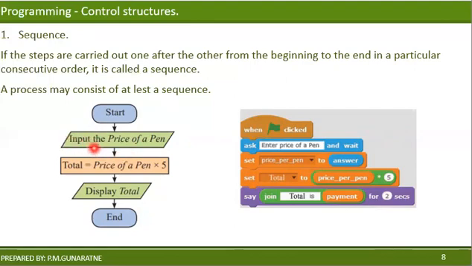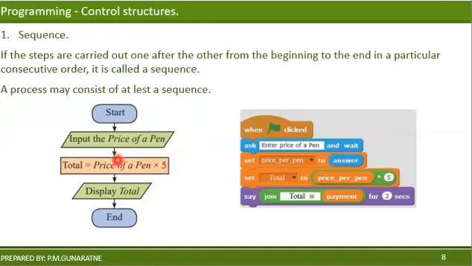So what is going to be input? The price of a pen. So the price of a pen will be input. Let's say it is 20, right? And then the total equals price of a pen times 5. So this will output the price of 5 pens, right? It is fixed at 5 pens. So if we enter the price as 20, then 20 times 5, the output will be 100. If a pen is 30, then 30 times 5 is 150.